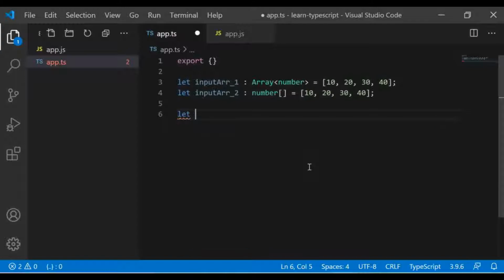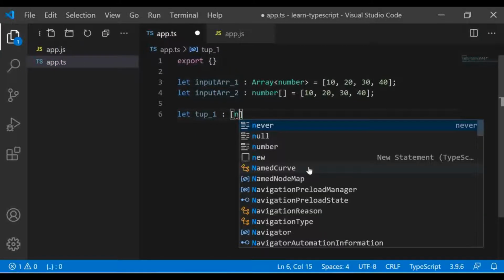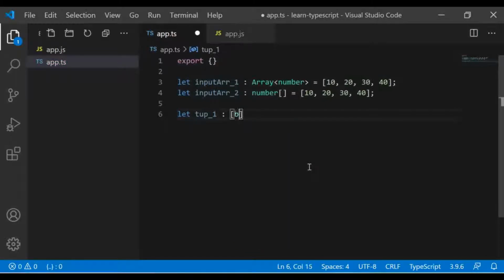To implement heterogeneous collection, we have one more type in TypeScript called tuples. Let me show you. tup_1. So tuples are there to store heterogeneous data which is available beforehand and which is having a fixed length. Okay, let me show you how it looks.